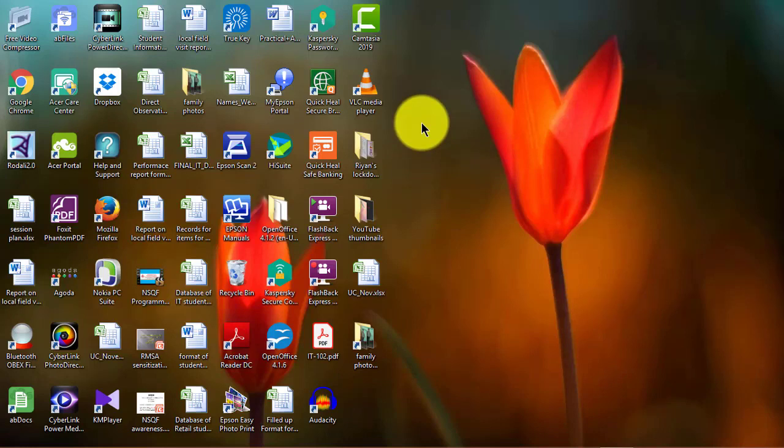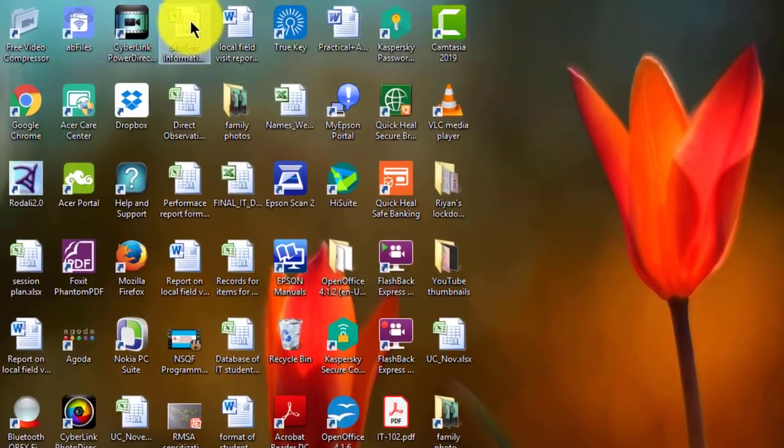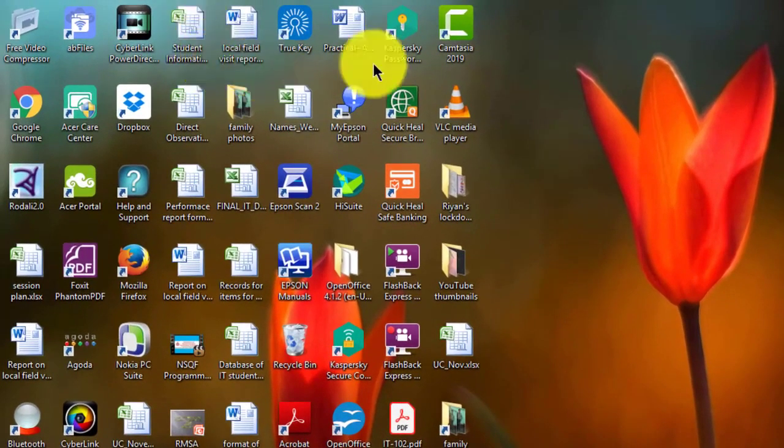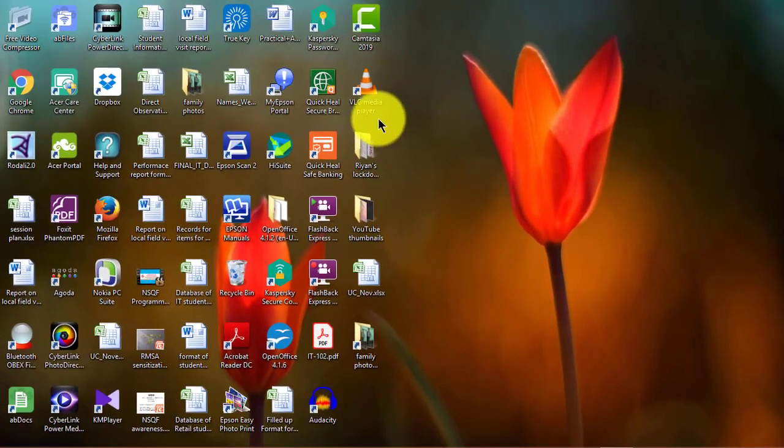One of the elements of a desktop is icon. Here the small pictures which are displayed are called icons. Icons are the pictorial representation of a particular program, a file or a folder. When you click on a particular icon, we can open that program, file or folder. There are mainly three types of icons.